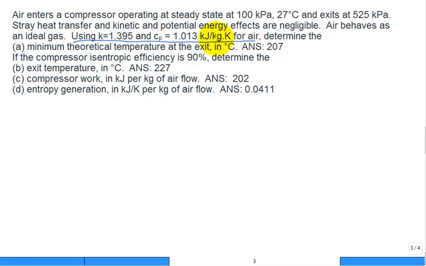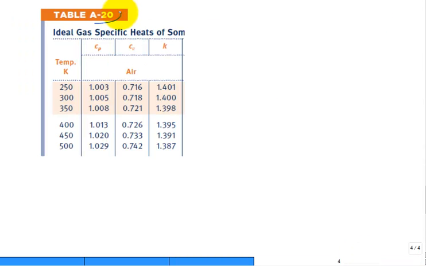And here the K is given and the C sub P is given. Well, where did this K and this C sub P come from? If we take a look at table A20, for air, you're given C sub P, C sub V, and K,